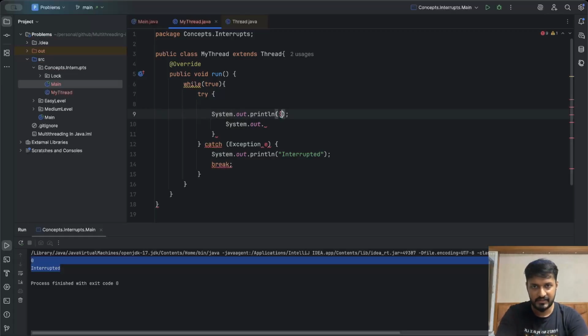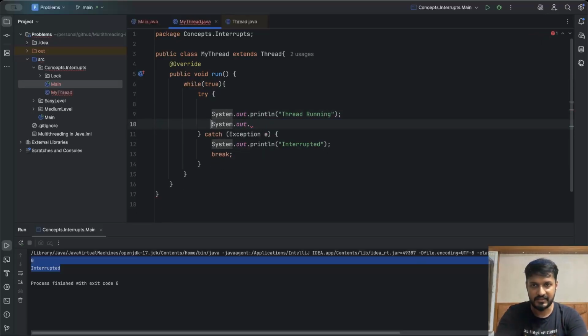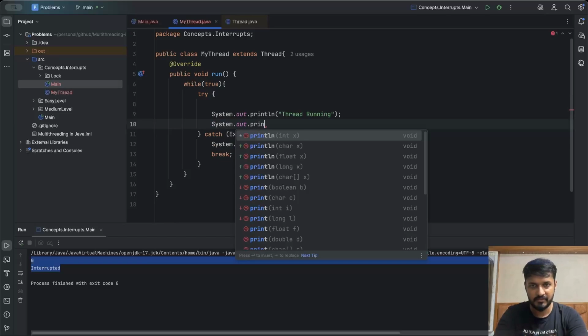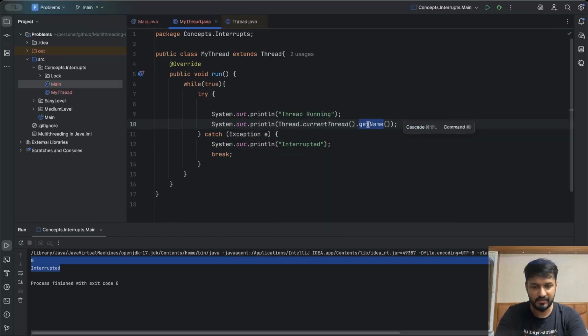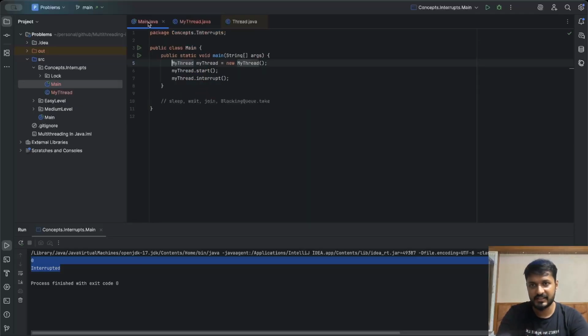After printing thread running, let's go ahead and print system.out.println Thread.currentThread().isInterrupted, right? So let's check what is the value of isInterrupted here, correct? If I go ahead and run this,